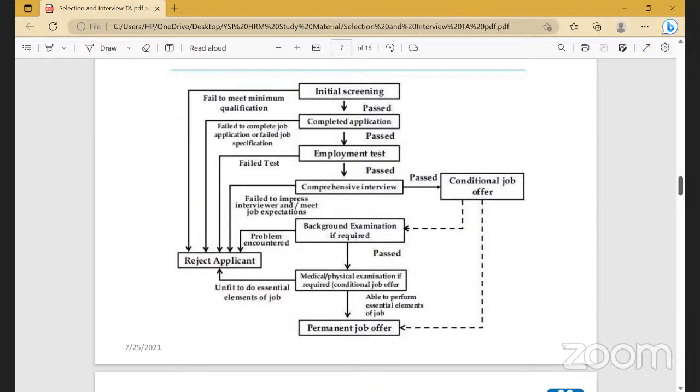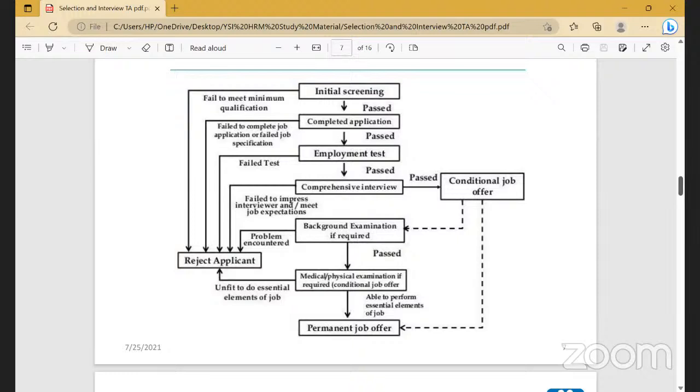It's called a process. Initial screening करी, नहीं पसंद आया हमने, वही तो fail to minimum qualification, fail हो गया, reject applicant, सीधा नीचे चला गया. अगर पास हो गया तो completed application. तो जनरली हम एक एप्लीकेशन फॉर्म फिल कराते हैं, इसको हम एम्प्लॉयी वेरिफिकेशन फॉर्म भी कहते हैं कई कंपनीज के अंदर, बेसिकली जस्ट एम्प्लॉयी इंफॉर्मेशन फॉर्म कहा जाता है. कंपनी टू कंपनी डिपेंड करता है. So that application, वहाँ पर भी हमें लगा कि उसने अपनी जॉब स्पेसिफिकेशन प्रॉपरली नहीं करा हुआ, तो वहाँ पर भी हम रिजेक्ट कर सकते हैं.